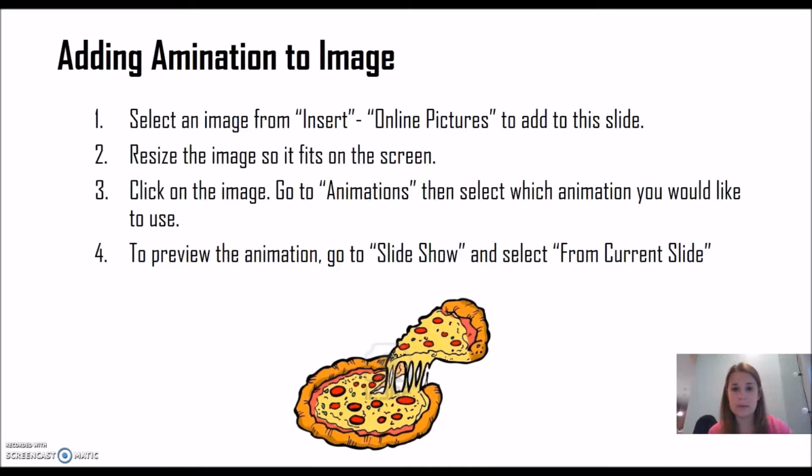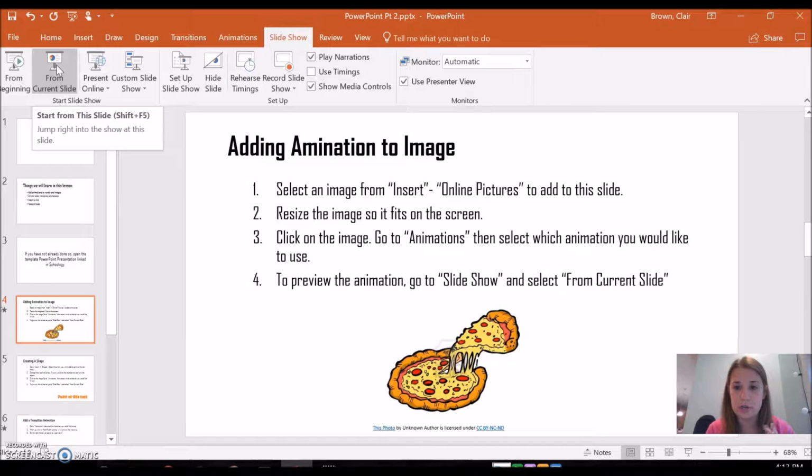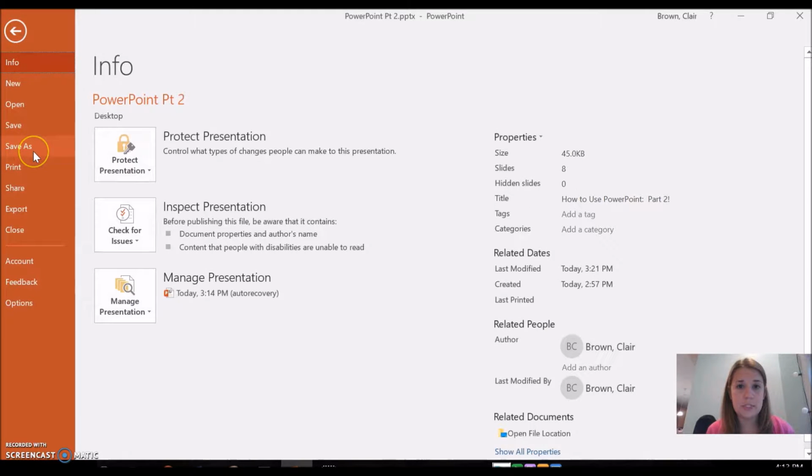So I'm going to hit escape, and escape gets me back out of the slideshow so we can go on to the next step. Now, one thing I did forget to add was to save. Remember, we always need to be saving our progress multiple times throughout. So before I go on any further, I'm going to go up to File and go to Save As,